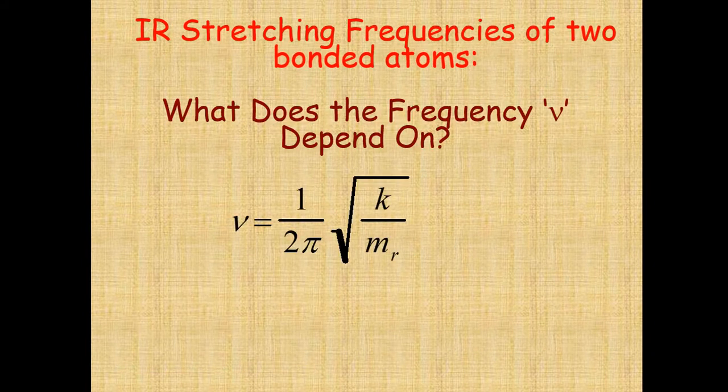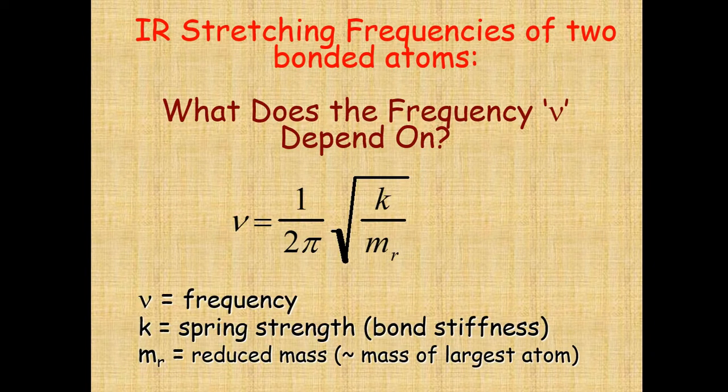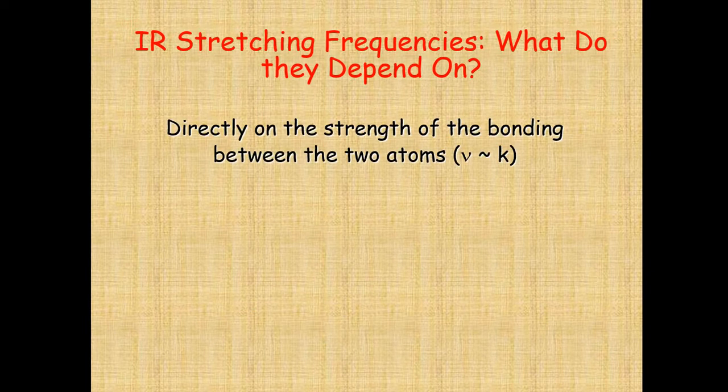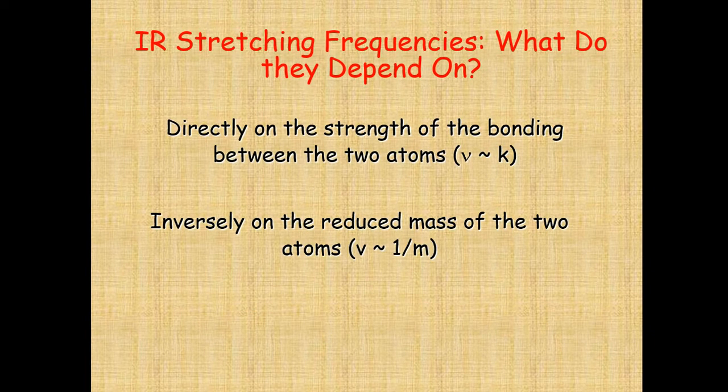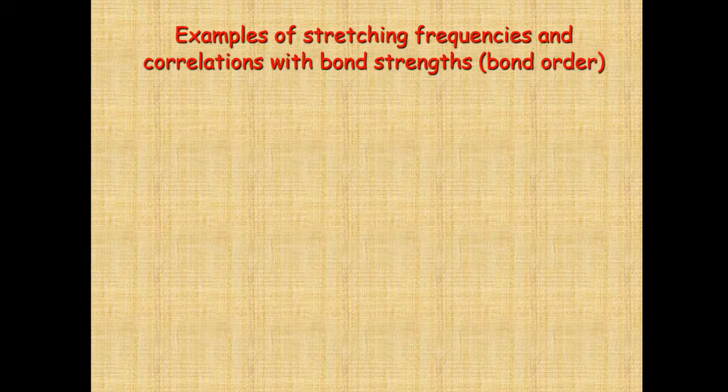So this is Hooke's law. This is the equation, and by using it we can calculate the vibrational frequency. Reduced mass is required, and the force constant, meaning the strength of the bond, is also very important. As I told you earlier, vibrational frequency is directly proportional to bond strength while inversely proportional to reduced mass. We'll see examples one by one.